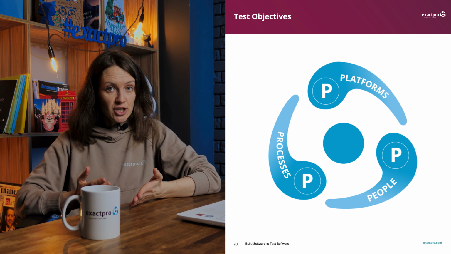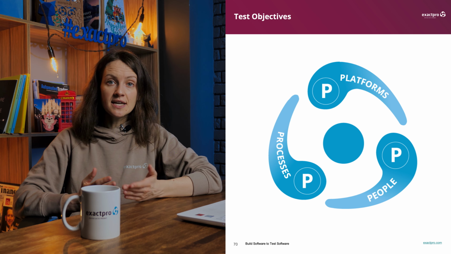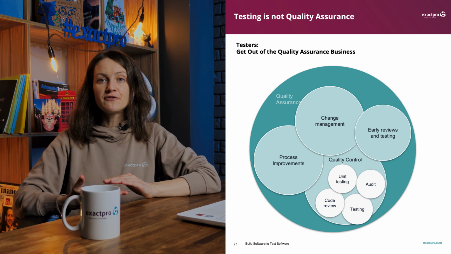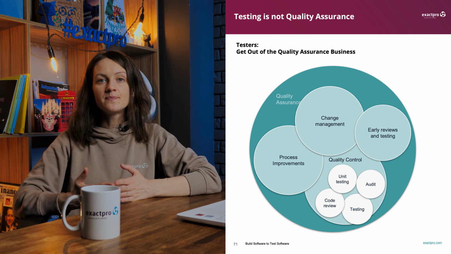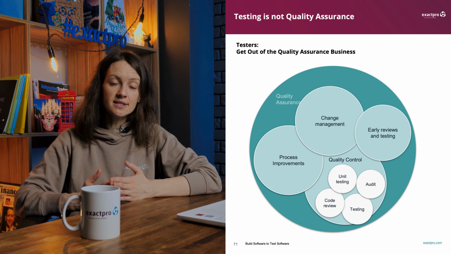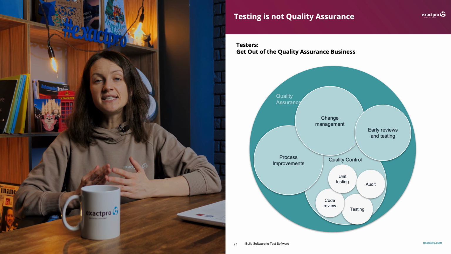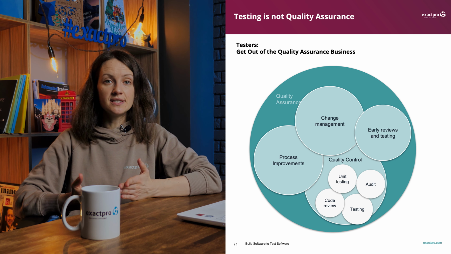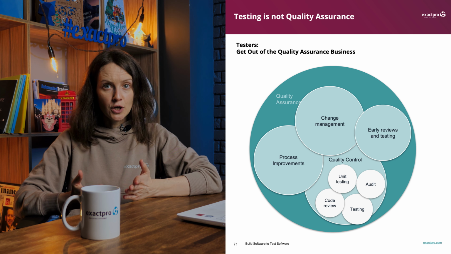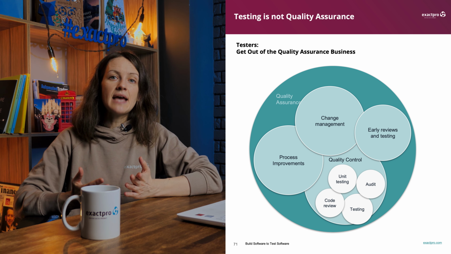Let's try answering a question. Is it the tester's fault that we have a bug in production? Early on, we talked about the difference between testing and QA. A tester is not responsible for hiring developers and managers, for whatever is going on in the IT department or what business analysts do. So a tester cannot assess the quality. What does that mean? Is it his or her fault? Our opinion is absolutely yes.